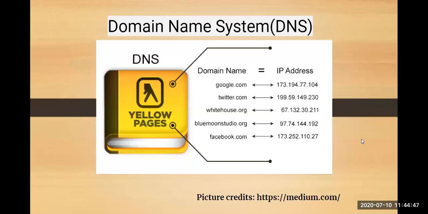Next, we are moving to the topic that is domain name system. At times it is also referred to as domain name server. Both of them are the same. Here in the diagram, you can see something called yellow pages. Yellow pages was what we initially used as a telephone directory, whenever we wanted information related to businesses and organizations according to the goods and services they offer. For example, if I want to know where a plumber is nearby, I will get all the plumbers according to the number. So that was your yellow pages.